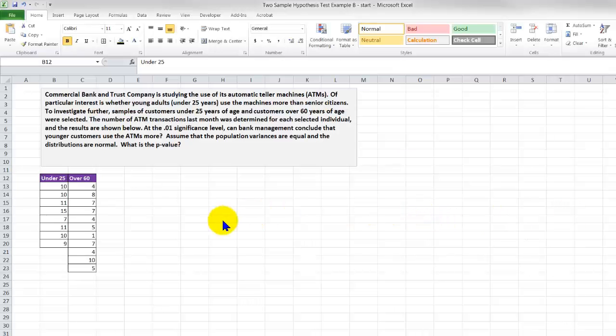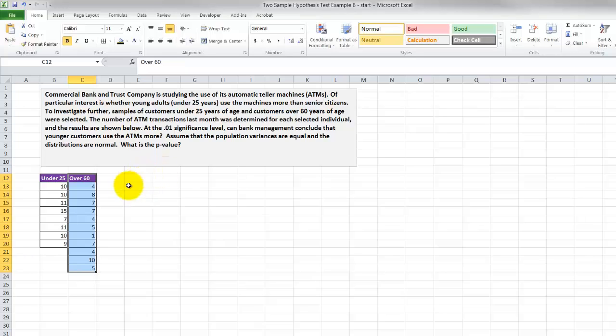Okay, we have our data in the spreadsheet here. We have the column of under 25 and column for over 60. There's no indication at all that this would be a paired test. Obviously, you can't be under 25 and over 60 at the same time. There's no person that relates to this data or anything like that. So we are going to assume that this is, in fact, independent of each other. There's 25-year-olds or less that were surveyed, and then at the same time, basically, of this study, over 60-year-old people were